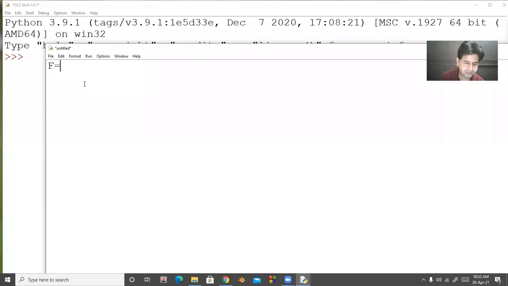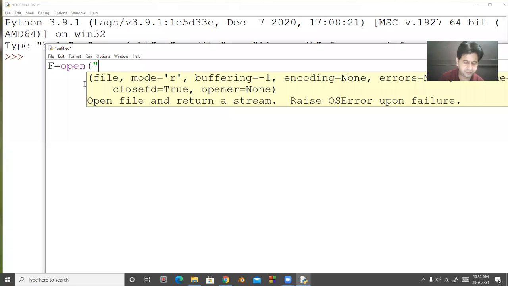I open the file. Suppose the file name is data.txt, in writing mode.